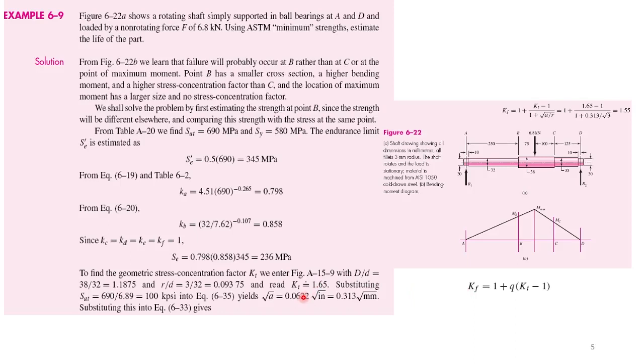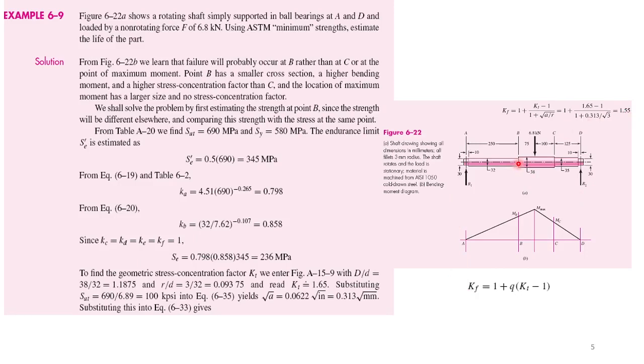We cancelled the Neuber equation. So I will not use this way to calculate KF, but I will use the relation that we have come to know before. In the KF, it's say 1 plus Q into KT minus 1. And if you calculate it this way, you will end up with exactly the same value of KF calculated here from the Neuber equation. So it's 1.55. So the next step is to calculate the bending moment at point B, and then to calculate